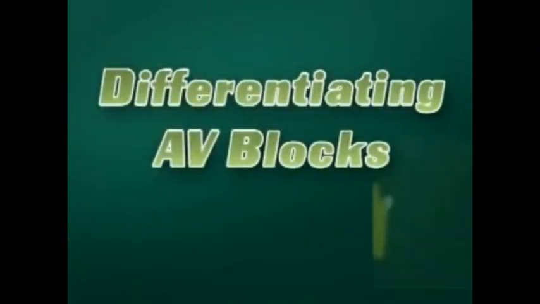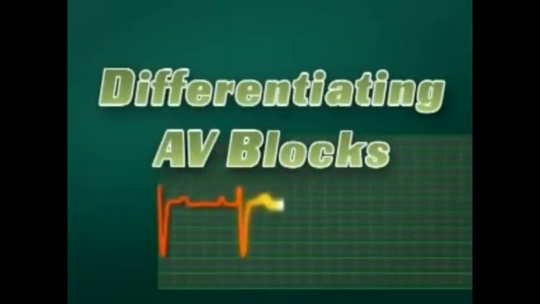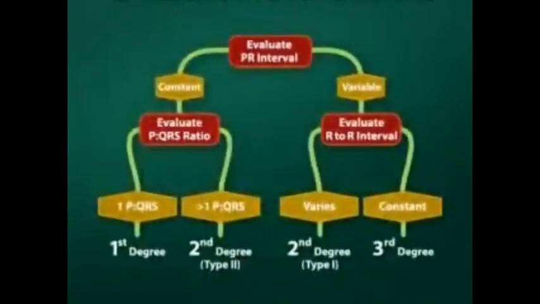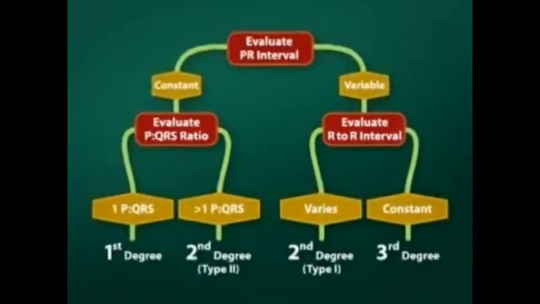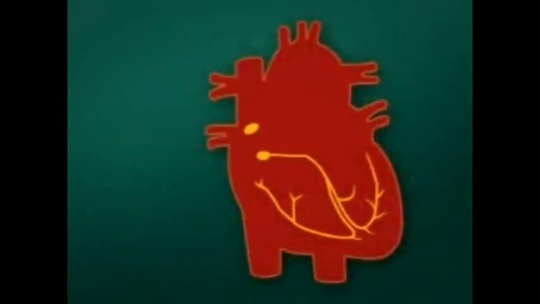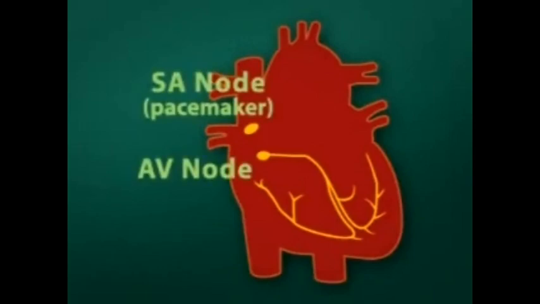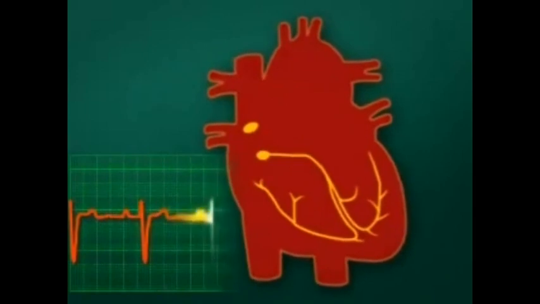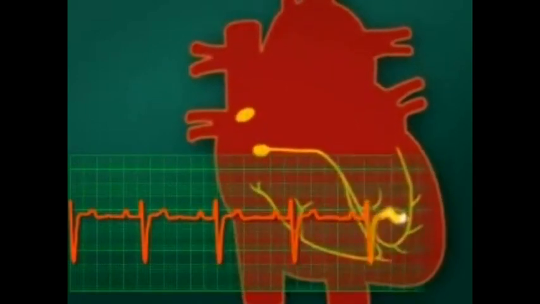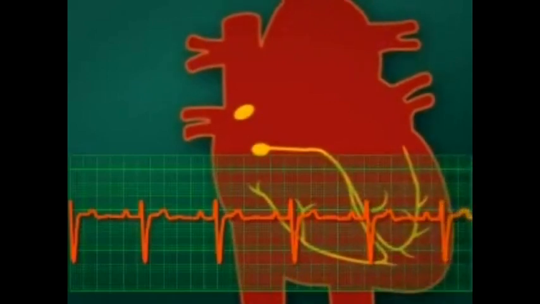Differentiating AV blocks. The various AV blocks seen on the EKG monitor can sometimes be difficult to differentiate. Here's a simple method for determining what type of block you're looking at. All atrioventricular blocks result in abnormal conduction between the SA node and the AV node. This abnormal conduction causes variation in the patient's PR interval. When you see an EKG strip with a longer than normal or variable PR interval, here's how to decide the